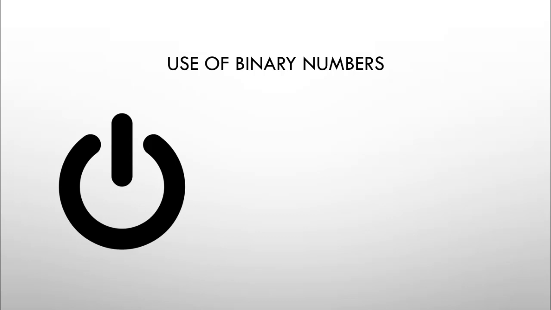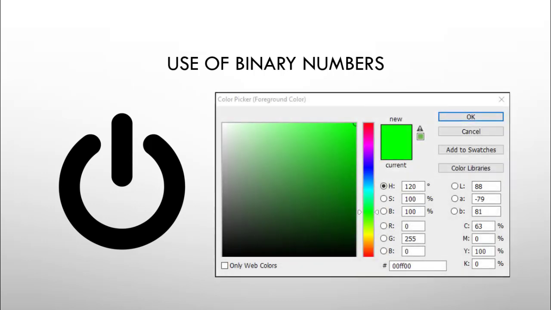The next use of binary numbers would be representation of colors. Now you can see the value here for RGB. It goes from 0 to 255, a maximum of 255 I can use for RGB. So in this RGB section I am actually going to use a set of binary numbers. A byte will represent red, another byte will represent green, and another byte will represent blue. Different values of these colors will give me different shades here.